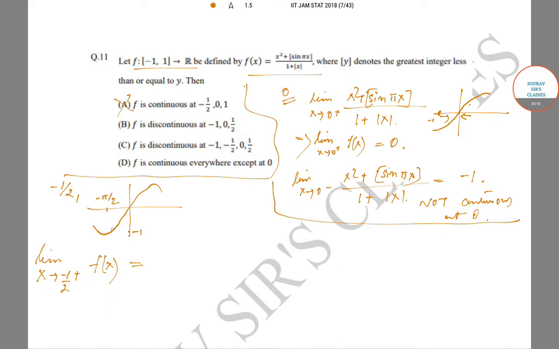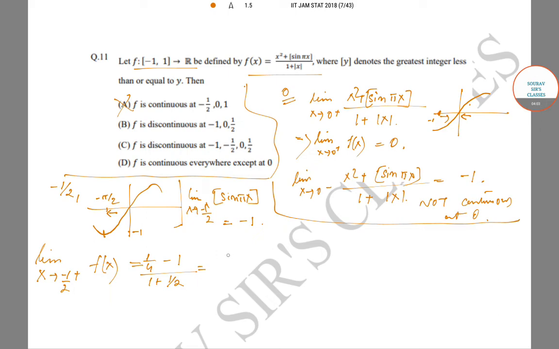Now as x goes to minus half, pi x goes to minus pi by 2 from the right side. So limit x goes to minus half of sine pi x from the positive side is equal to minus 1. So we have 1 by 4 minus 1 by 1 plus half,